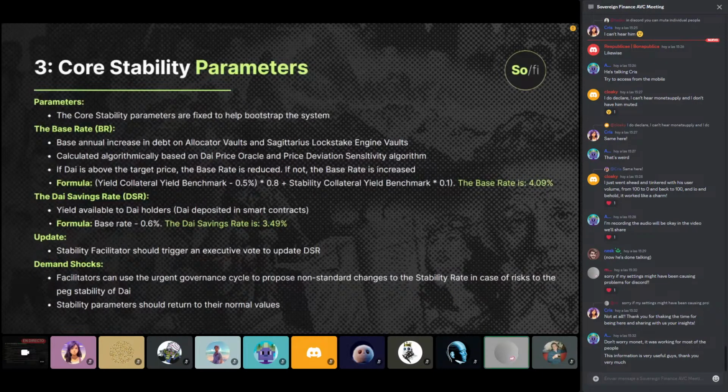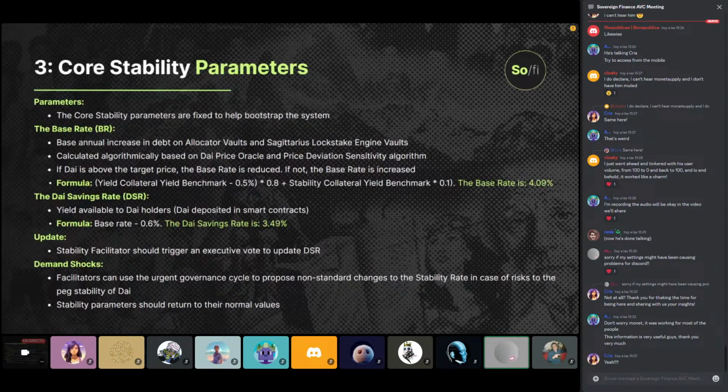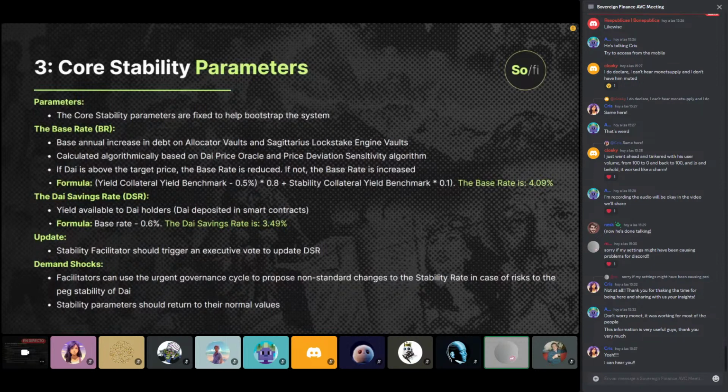Right, I think I should be unmuted now. Yeah, I think in the past week or two, we've been focusing a lot on the smart burn engine. So it's basically a way that Maker's excess surplus funds can be